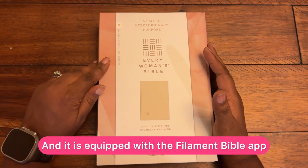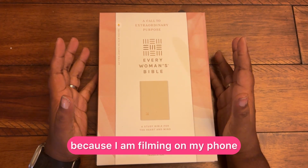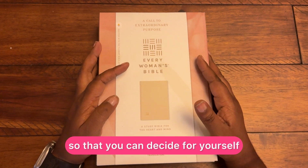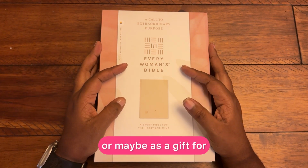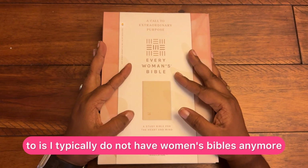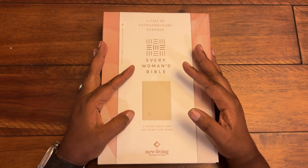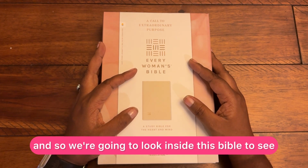And it is equipped with the Filament Bible app, which I can't show you because I am filming on my phone. But I will take you inside this study Bible so that you can decide for yourself if this is something you want to pick up for yourself, or maybe as a gift for someone you think should have a new Bible. So one of the things I want to draw your attention to is I typically do not have women's Bibles anymore because generally speaking, they aren't theologically deep enough for me. And so we're going to look inside this Bible to see what...